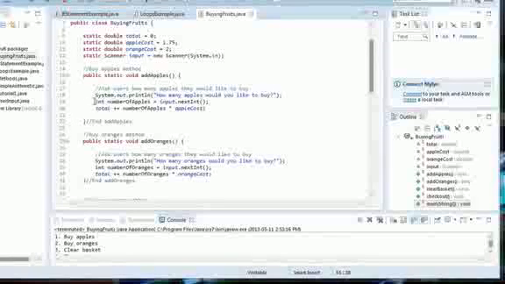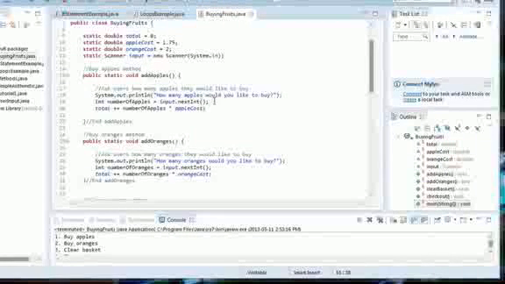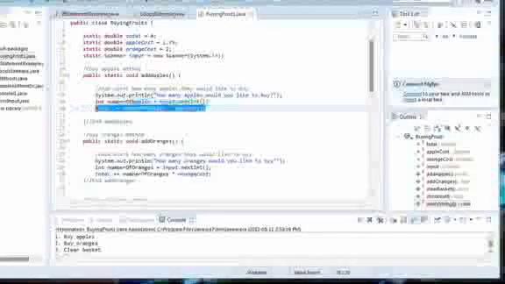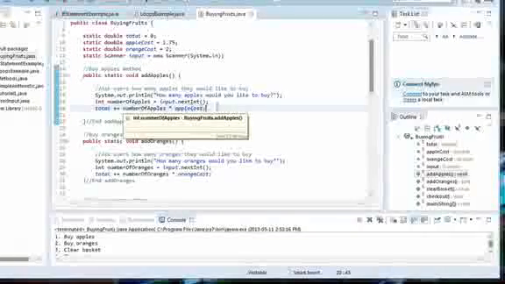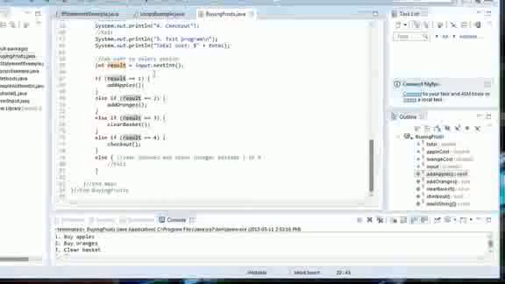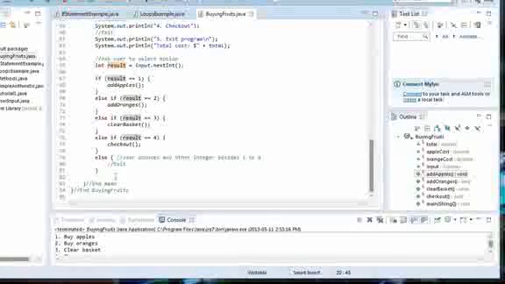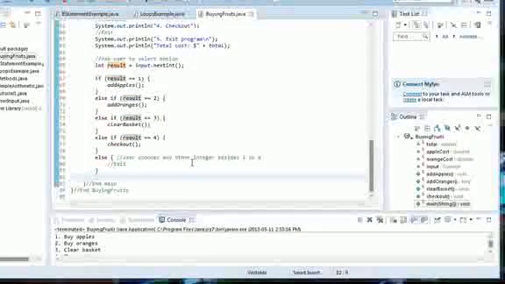And then again, this is input.nextInt, which means it stores how many apples I would like to buy, and I said 3, and then the total would equal the number of apples, which was 3, multiplied by the cost, which is 175. And then what happens? Well, I had nothing else after this if block of code. Therefore, the program ends. So what we want to do is make a loop that continuously asks the user